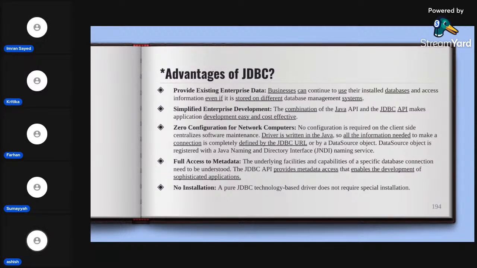हाँ, we can understand it in this way. Like enterprise में databases अगर दूसरे साइड पे अवेलेबल हो तो भी हम लोग उसको एक्सेस कर सकते हैं. Like it provides existing enterprise data. And the second is simplified enterprise development. Like, specially, sorry, जो third वाला point है, like zero configuration for the network computer. We don't require any special networking configuration that should be installed on the server because